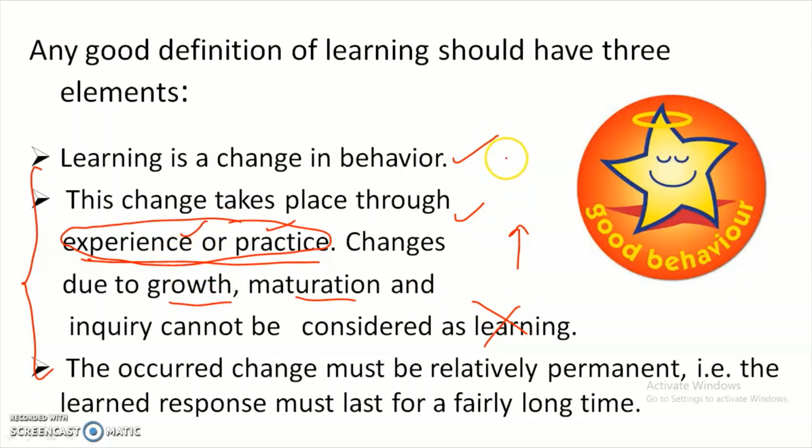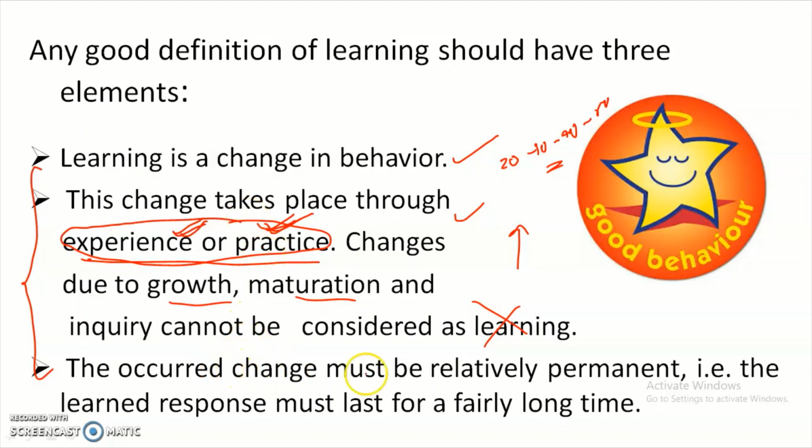Why? Because if you're simply growing from 20 years to 30 years, 30 to 40, and 40 to 50 without learning anything, it does not mean a change in your behavior. So we have to learn something from the past experience. We have to learn something from doing, by keeping on practicing. By doing such things, the learning process will permanently change your attitude or behavior or way of thinking, and all these things.